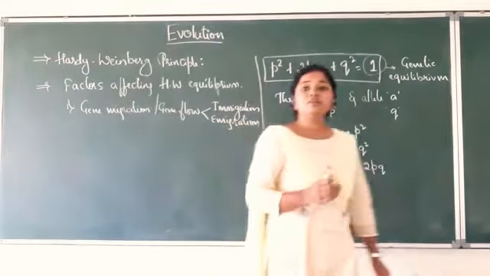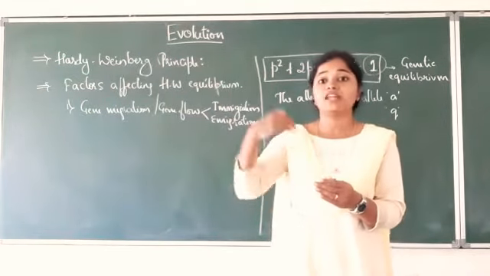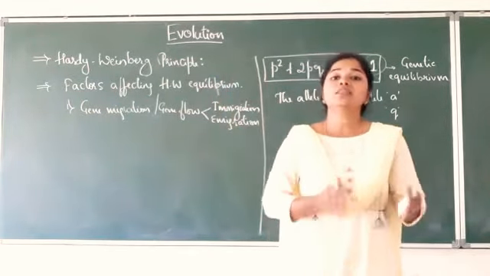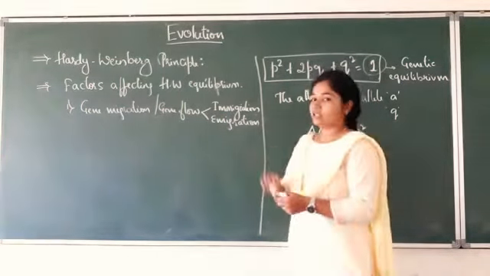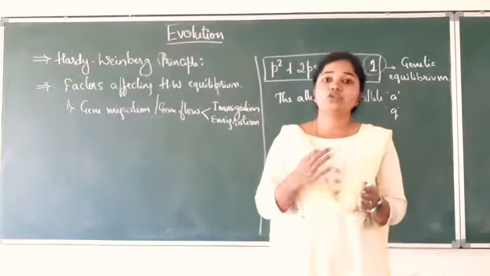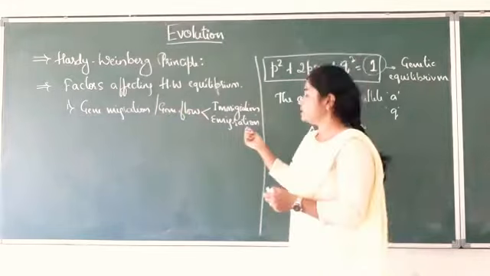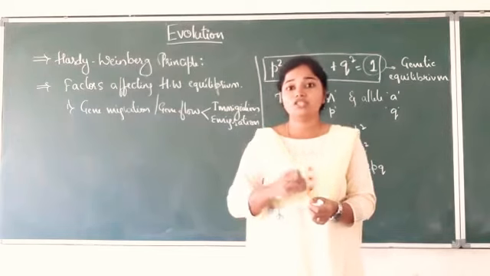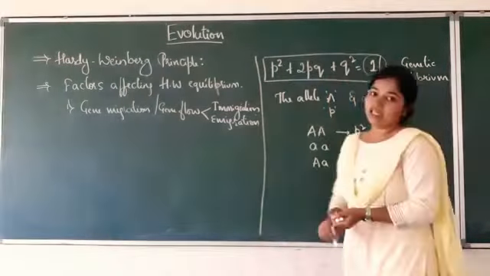Right? So suppose there is a population, and if new alleles or new genes are added to the present population, then it is called immigration. Means the other alleles or genes coming from another population and adding up to the present population is called immigration. Emigration means some of the genes or alleles from the present population are going out to another population, then it is called emigration, right? So this flowing of genes from one population to another is going to disturb the genetic equilibrium, right?